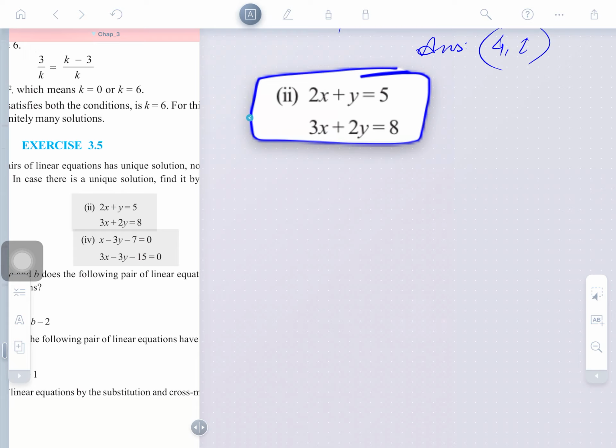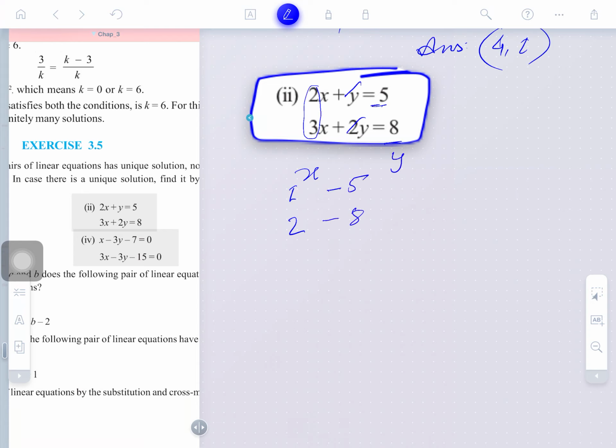Look, so what is the finding method here? The cross product method we are using. So here, simply x in place of, we'll omit this coefficient. We'll write here 1, this and this 2, and these are equal to the equal, so will be taken as -5 and -8.